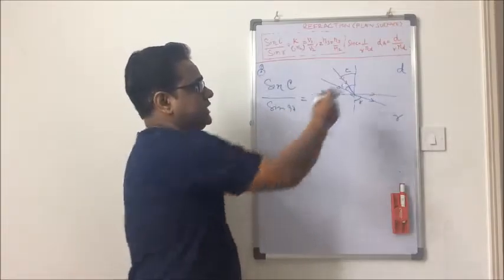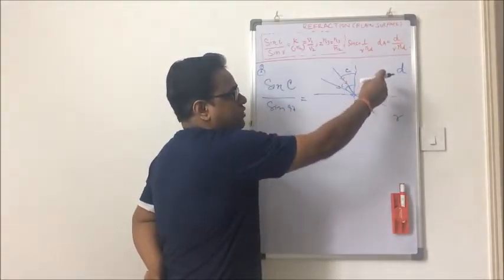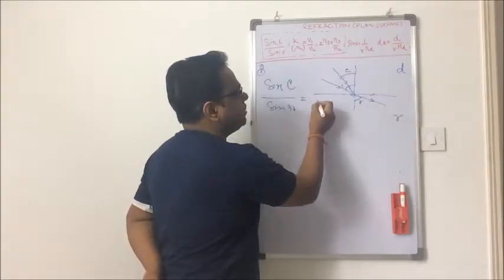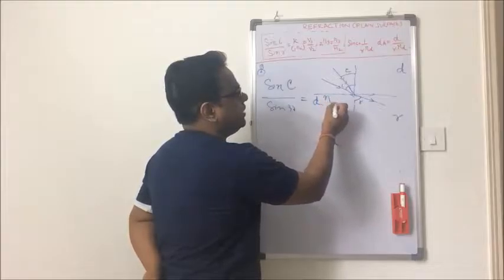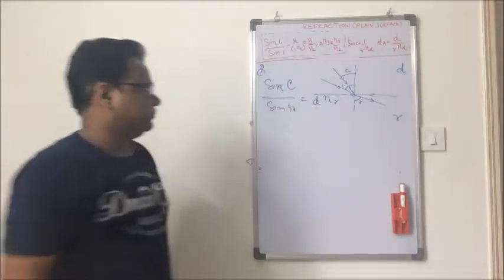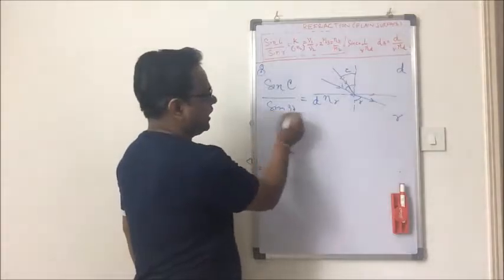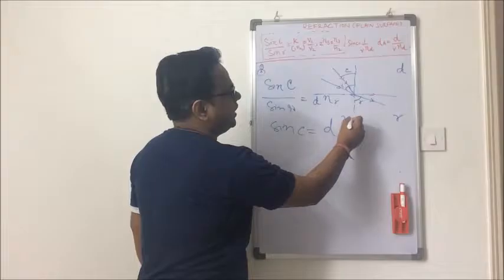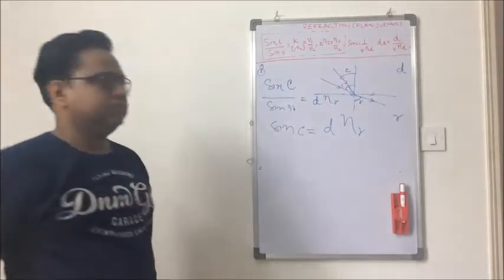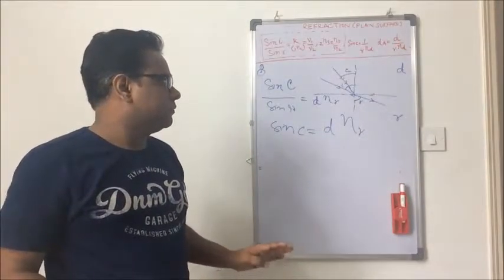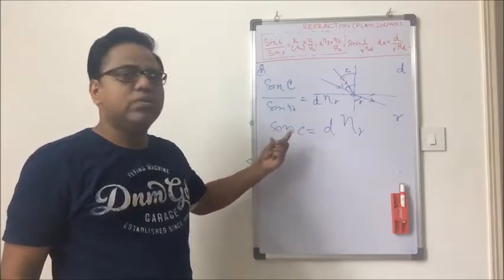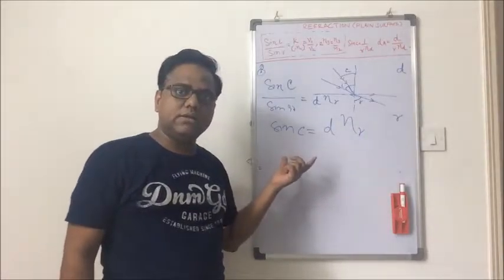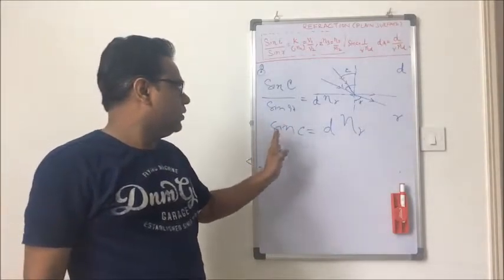please make a note, it is the refractive index of R with respect to D. So we write D and R. That is all. Sin 90 is 1, so sin C equals D and R. No need to mug up anything. Whenever you are asked some numericals about critical angle, you just apply